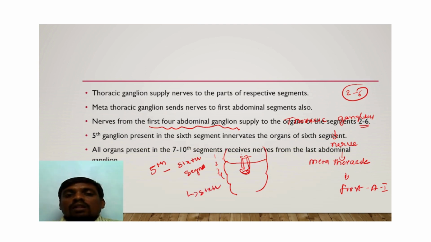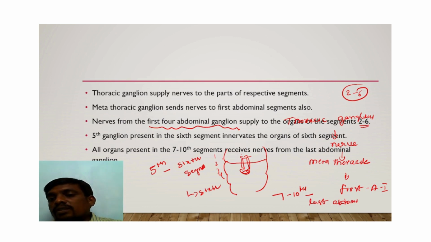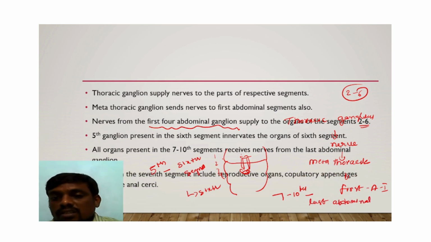Now, all the organs present in the 7th to 10th segments receive nerves from the last abdominal ganglion, which is the largest ganglion present in the 7th segment. This includes the organs located in the last abdominal segment: reproductive organs, copulatory appendages, and the anal cerci, especially in the